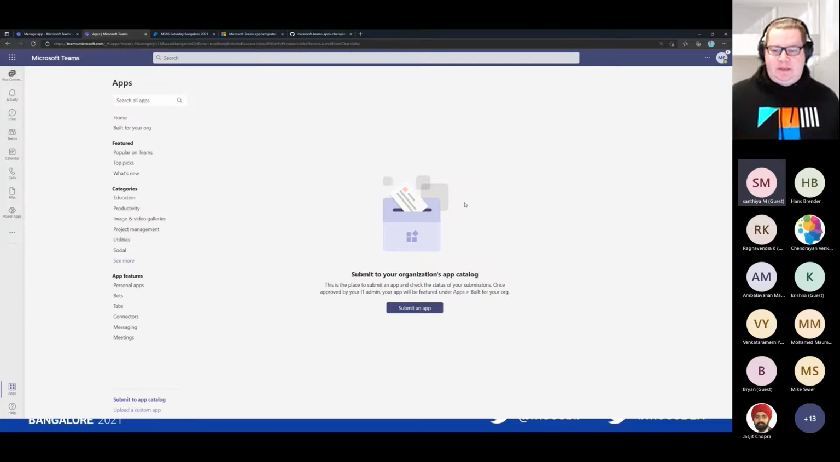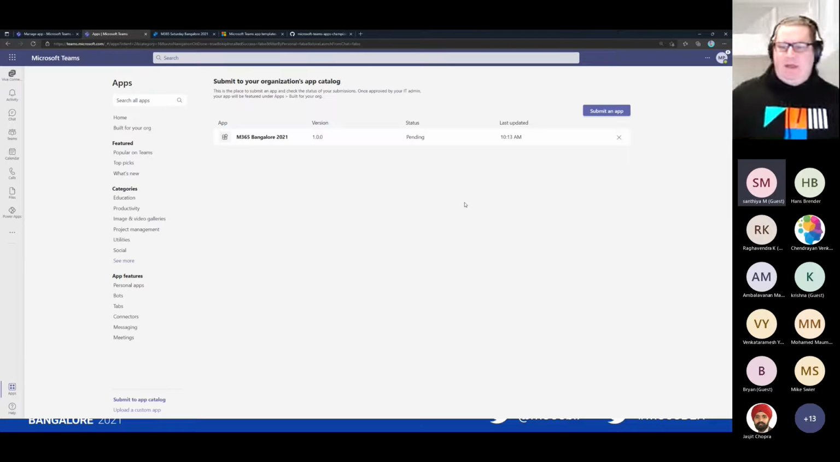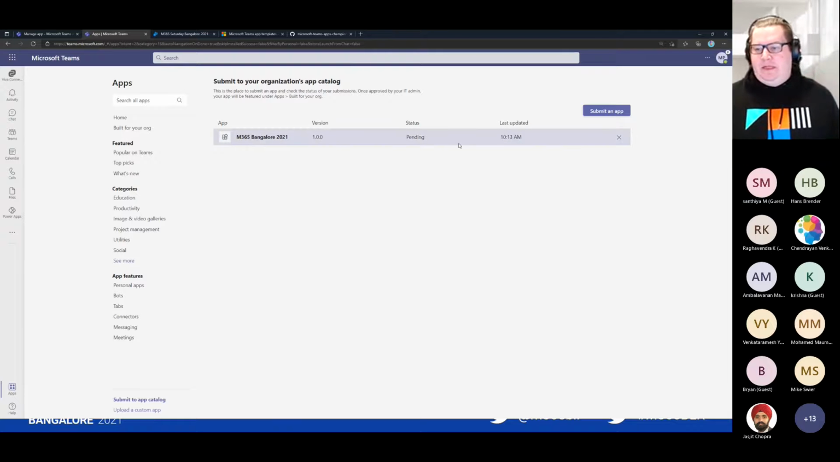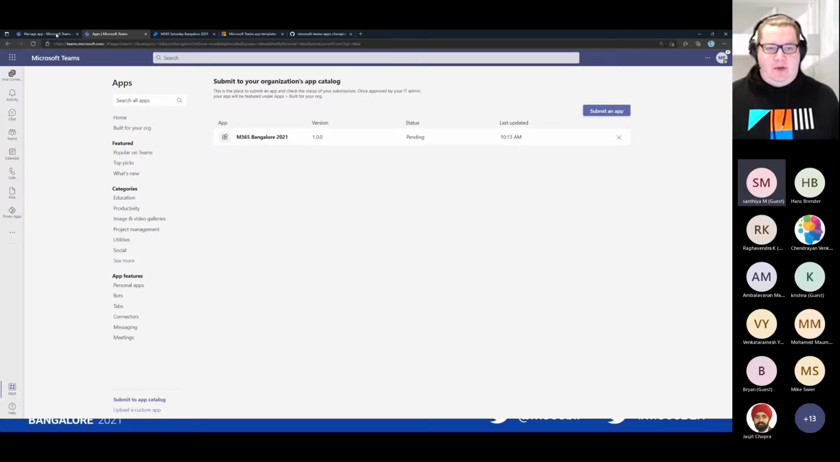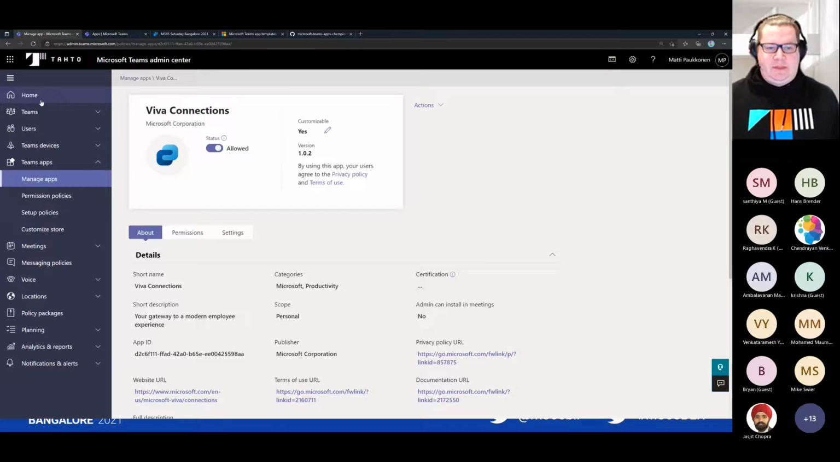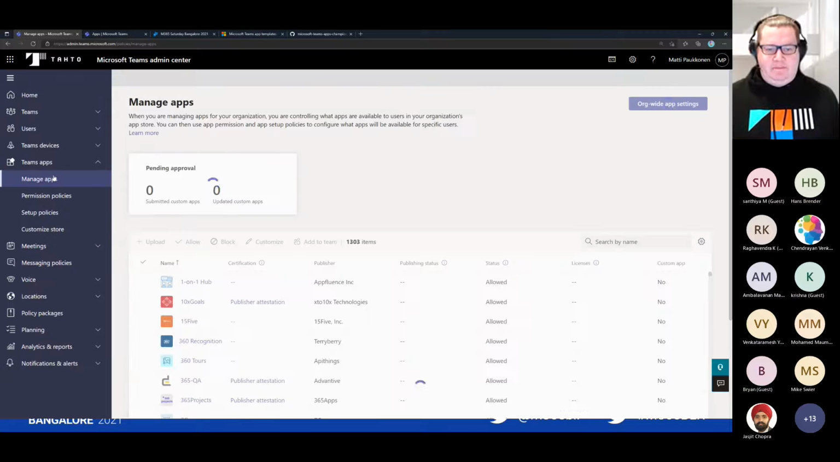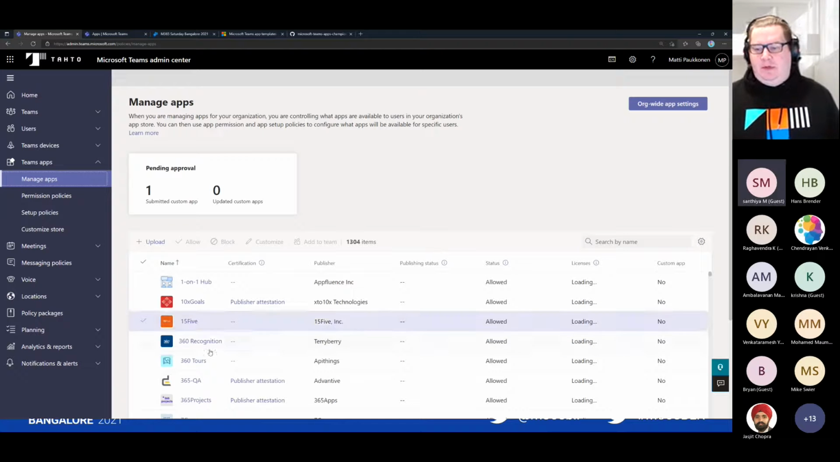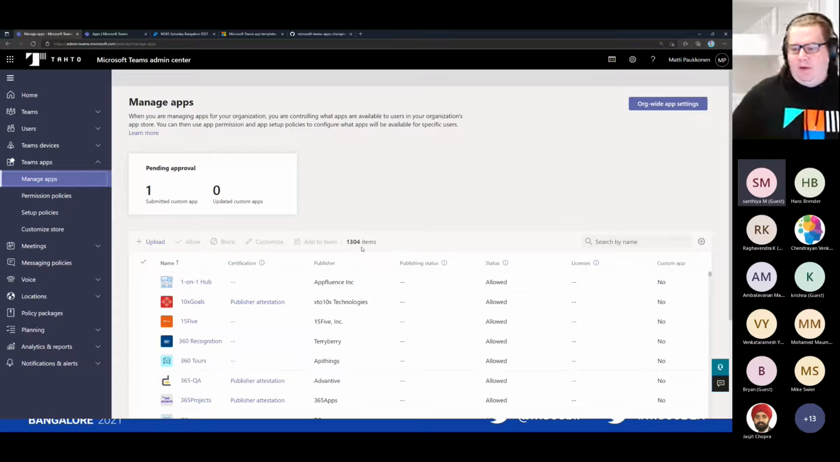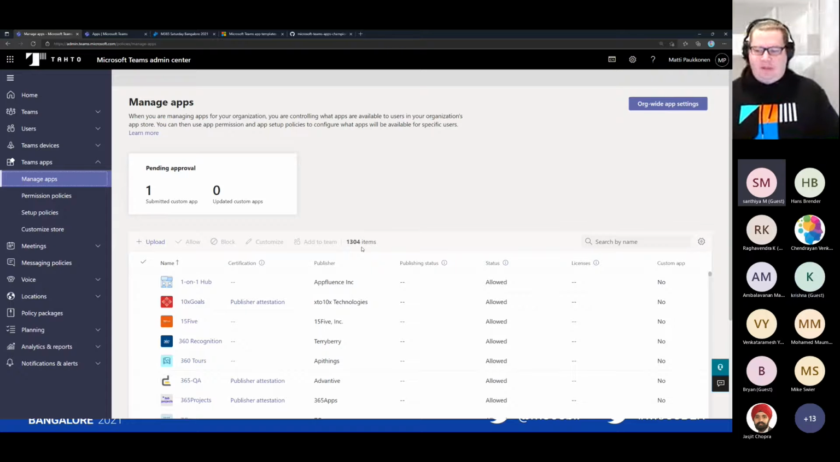I'm actually just submitting this. And now I already see that I have submitted this to the app catalog. It's still pending there. And as an administrator, I will jump off to the Teams admin side, find the Teams apps, and this is the app store content in Teams. Actually, there are now 1,304 apps in my environment. Of course, custom apps are there as well. I see that there is one submitted custom app there,